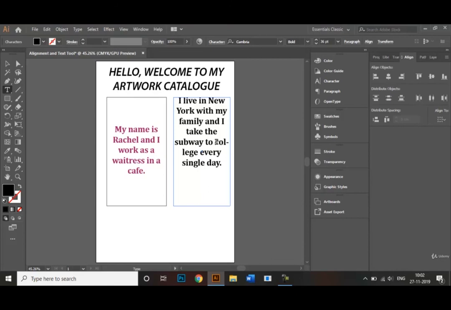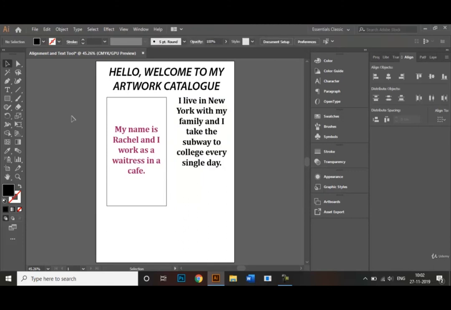So let me just edit this a little bit more, and that's it. So as you can see, instead of the box being there, the text itself takes the path of the rectangle like that, right?